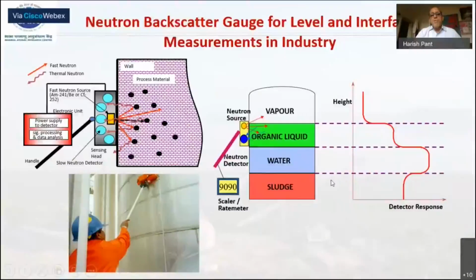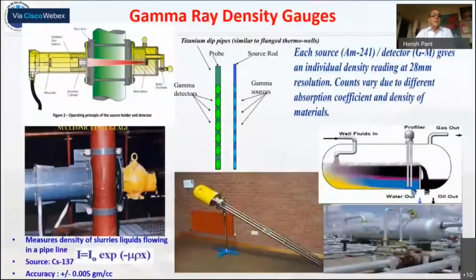So one can find out the interface of the different materials, and this kind of technique is very commonly used in the petroleum industry for finding out the interface gauge. Now there is a density gauge here. You can see that this is the density gauge, and almost all the gauges, there are a lot of gauges